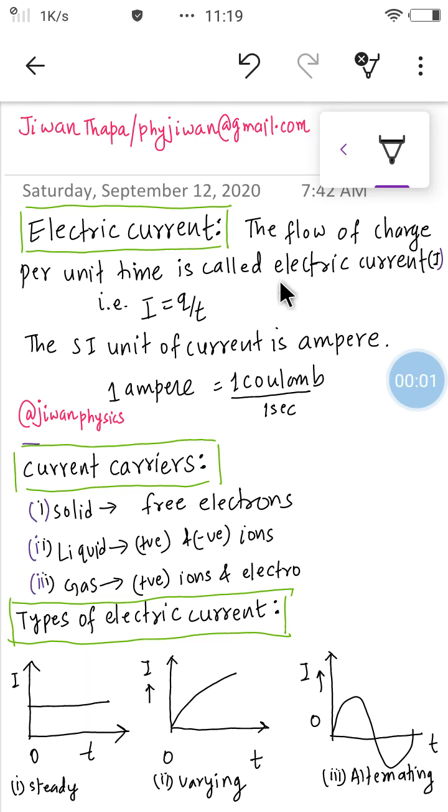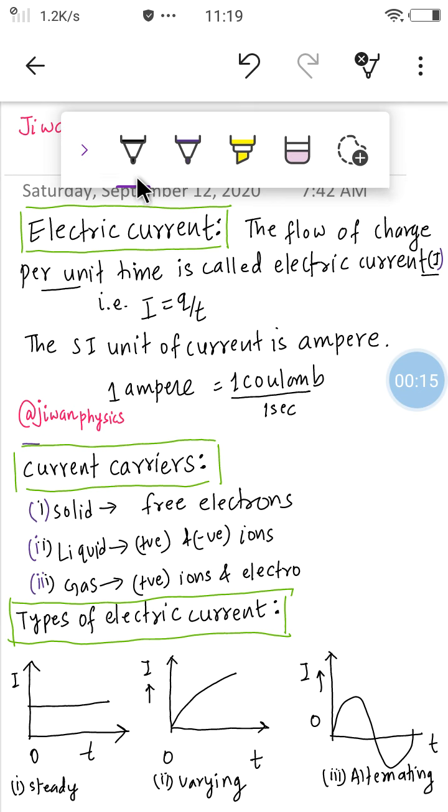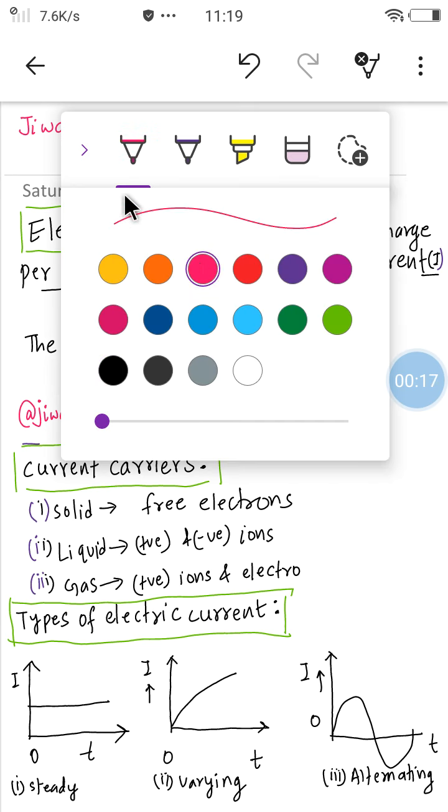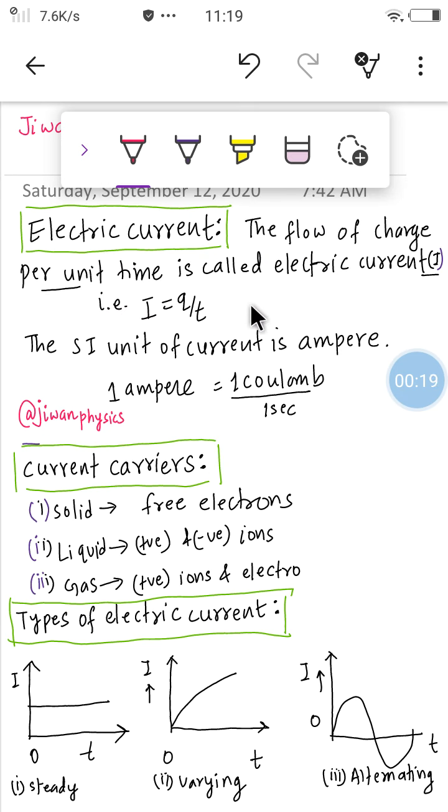Today I am going to explain electric current. So let us define electric current. Electric current is defined as flow of charge per unit time, and it is denoted by the symbol capital I. That is, motion of charge per unit time is called electric current, and we use symbol small q